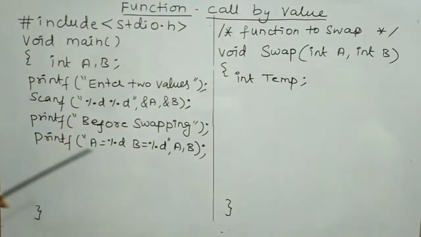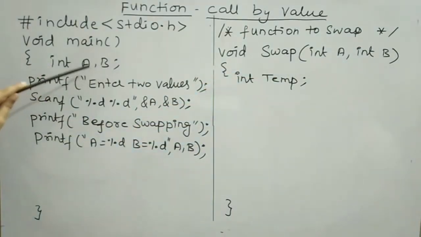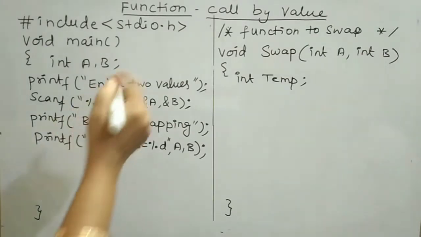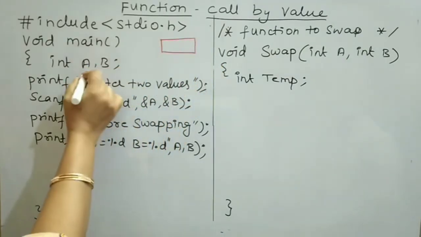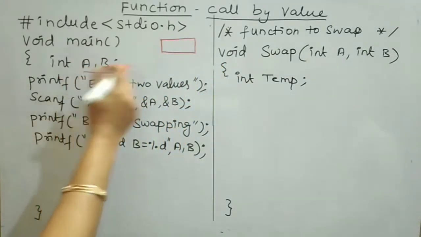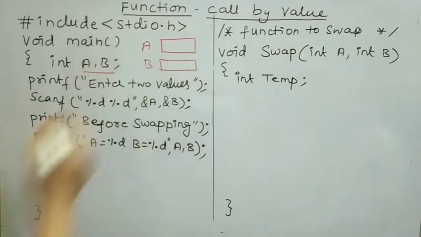If I want to call the function from another function, that is from main, since to call the function I need two values, I have declared two integer variables inside my function main, that is a and b. When I declare variables inside my program, our compiler will allocate or reserve memory for those variables that are declared. For the variables a and b, it allocates some amount of memory.